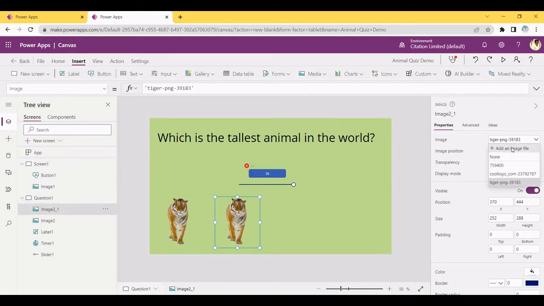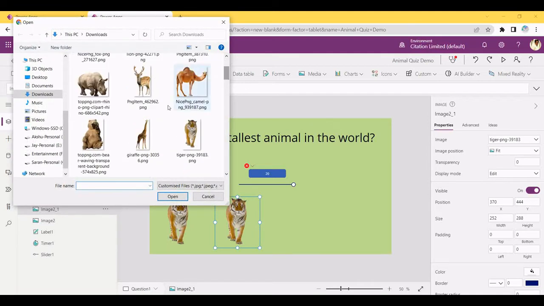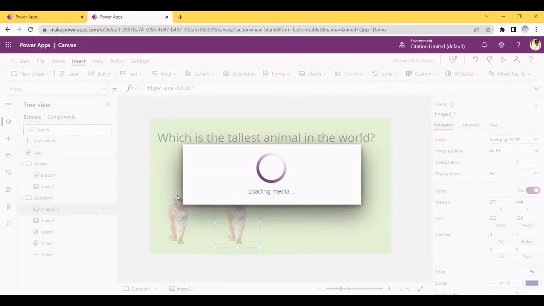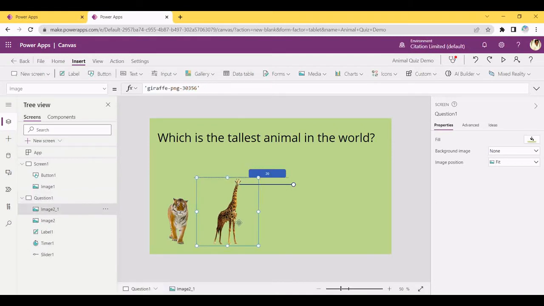Now I'm going to change. Click on tiger and click on add an image file. So there are many images. So I'll click on giraffe. It's really the tallest animal in the world. So this is the right option. It's going to be the second one. Okay. Now for the third option,